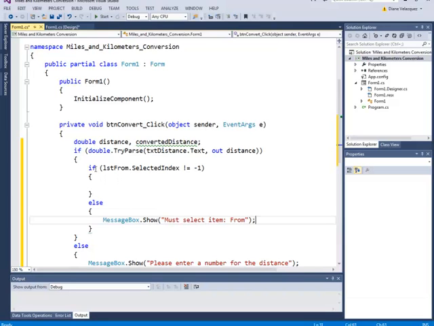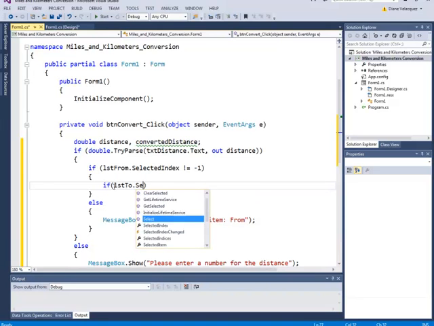Okay. So if they selected from the from box, then I'm going to make sure that they have selected something from the to box. So I'm going to say if lstTo dot SelectedIndex is not equal to -1,